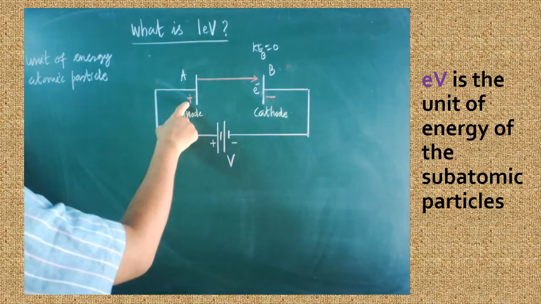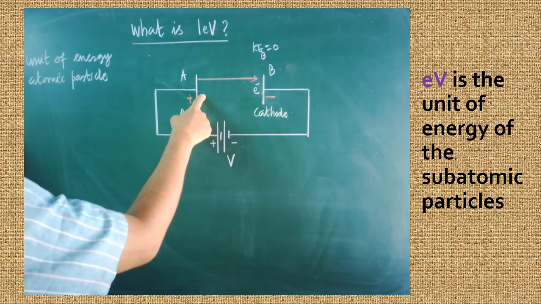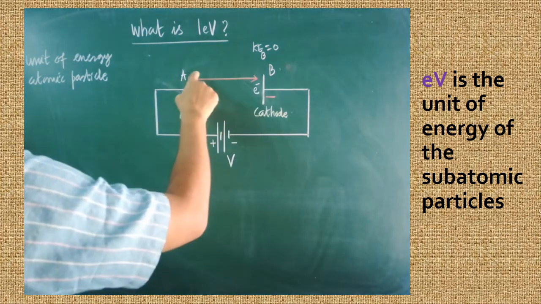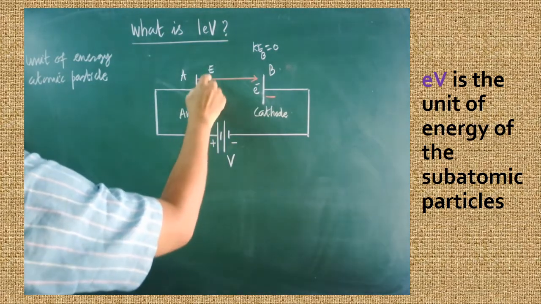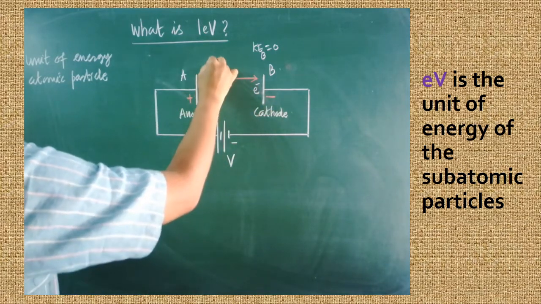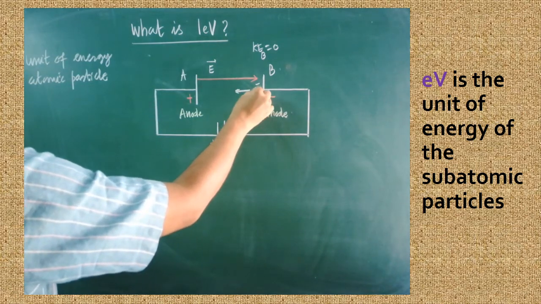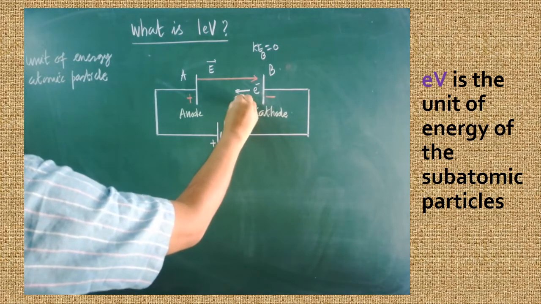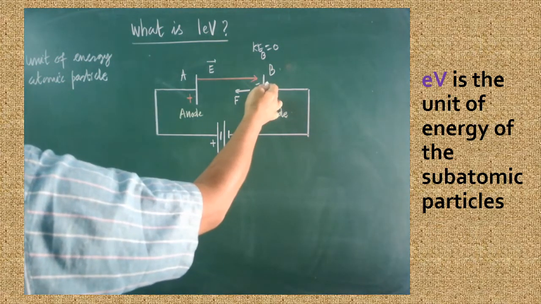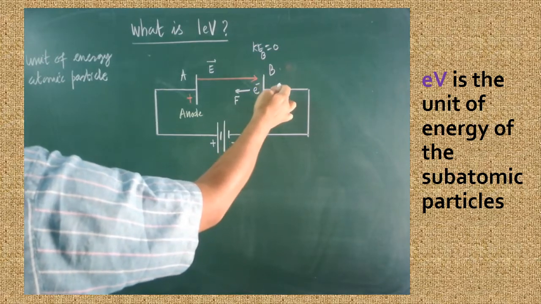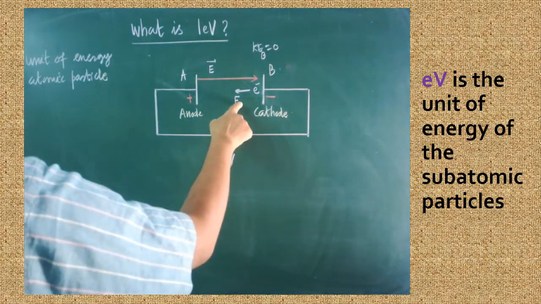Here, since it is having positive potential, the electron may be attracted towards the anode. Here the electric field, the direction of the electric lines of force, must be taken from positive end to negative end. So this is the direction of the electric field. So the electron has to move in this direction. On the electron, some amount of electric force is acting. With the help of electric force, the electron tends to move from negative end of the battery to positive end of the battery. Are you clear? So there is a force acting on the electron.